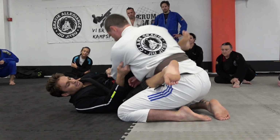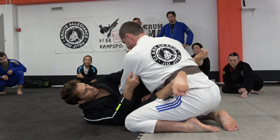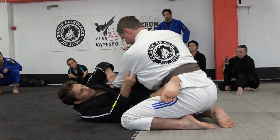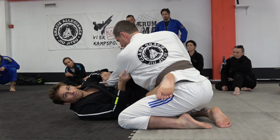So I'm pulling, playing knee shield, and just feeling kind of comfortable here. Again, making it hard for him to pass this side by hip escaping out. Understanding this is his strong side because I'm not holding that arm, but my hip is out, I'm mobile here, I'm blocking, I'm keeping this one free, okay? This side would be easy for him to pass if this arm was free, but we're not letting that go,